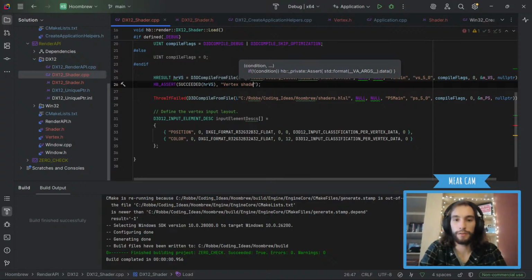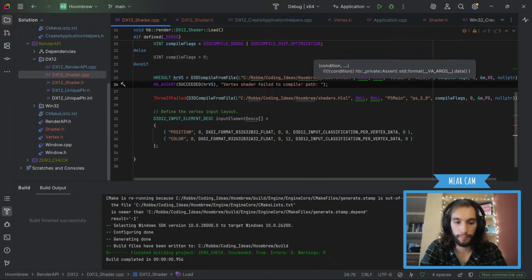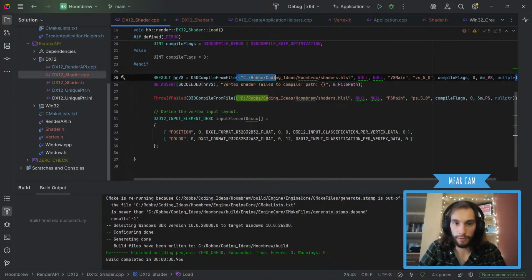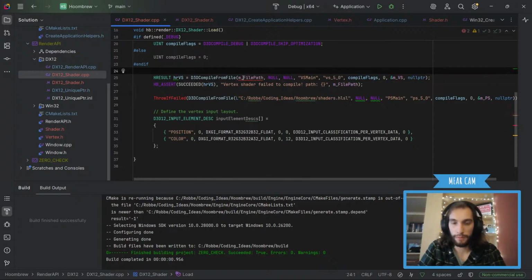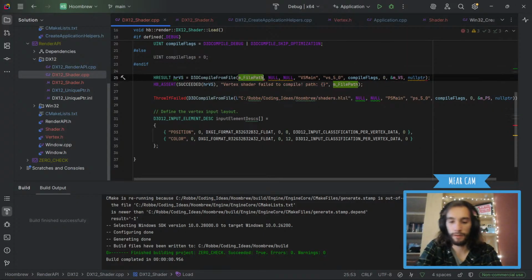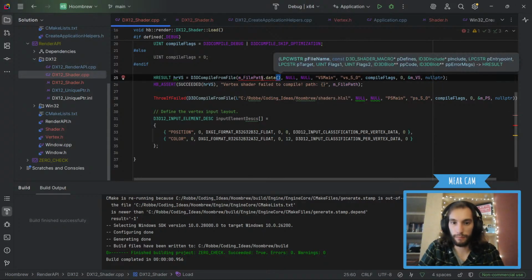Vertex shader failed to compile. A path %s. Okay. No, path and then this. And then we're gonna do file path. And also, I don't need this, I just do u dot data. Dot c string?